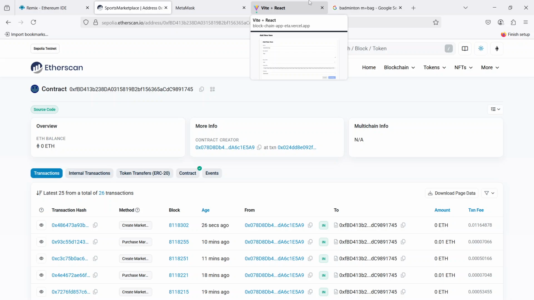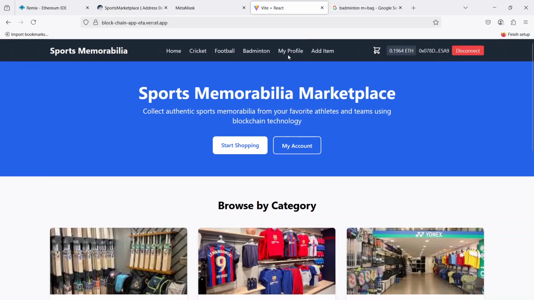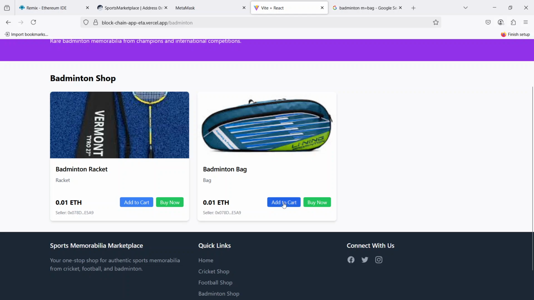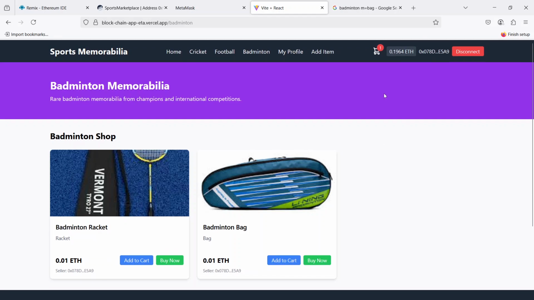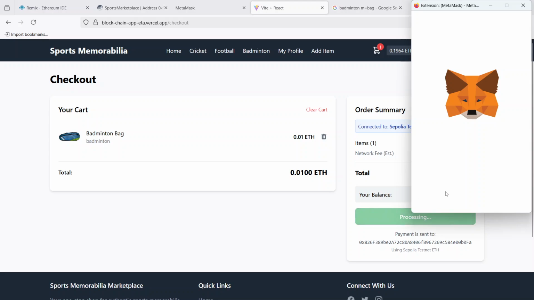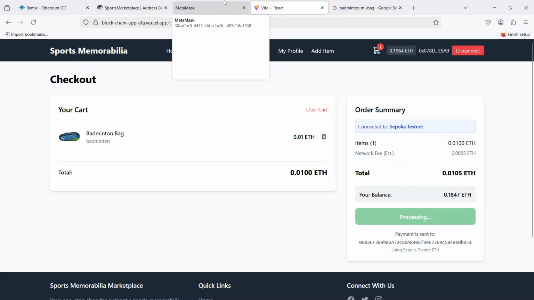As I listed the item, now I'm going to buy it. The item has been listed successfully. Whenever I click OK, in the badminton section I can see the bag. Here there are add to cart and buy now functionalities. I'll add it to the cart and complete my payment by clicking this button. Now 0.01 ETH will be deducted from my account one, and whenever I click on confirm, you can see